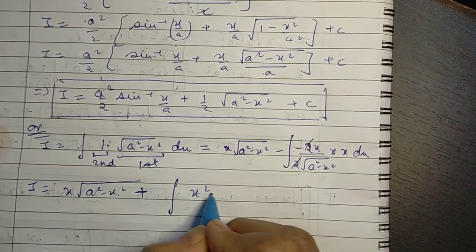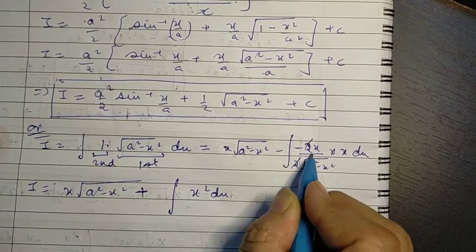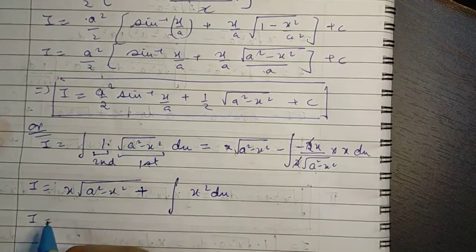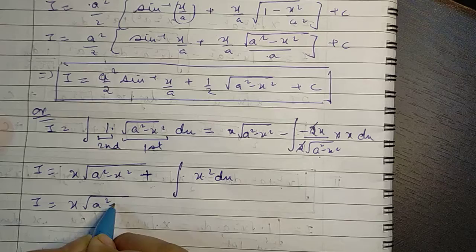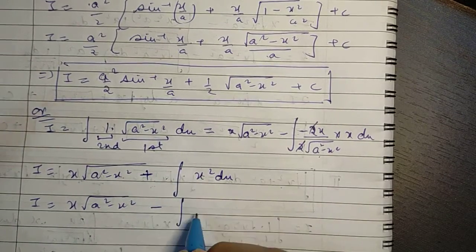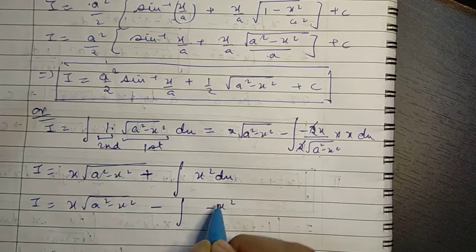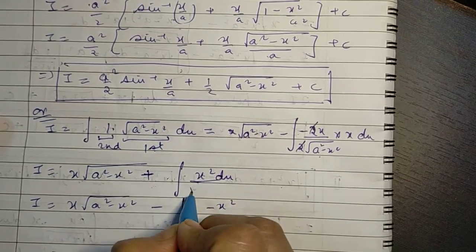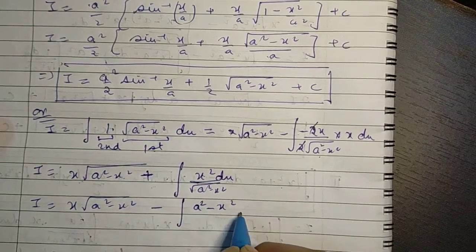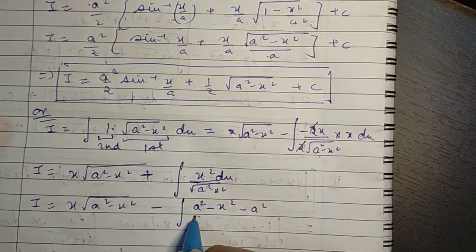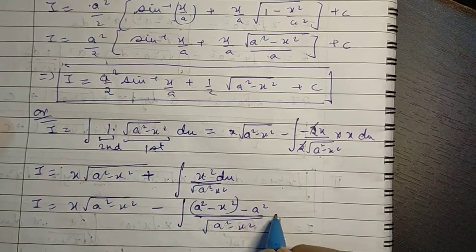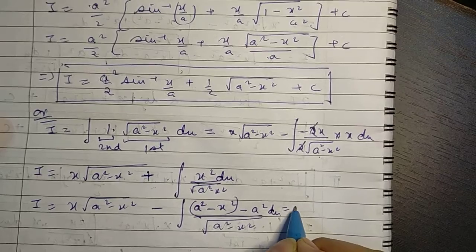Okay, so into dx, we have to write it in this form. So what we do is, we write it as I is equal to x a squared minus x squared. Let this minus be here and let this minus go inside, so minus x squared is there. Now upon under root of a squared minus x squared, here we add a squared, we subtract a squared, upon under root of a squared minus x squared into dx. This gives us